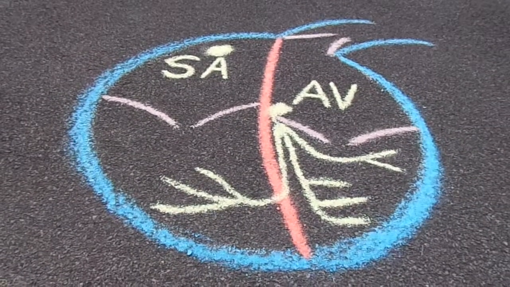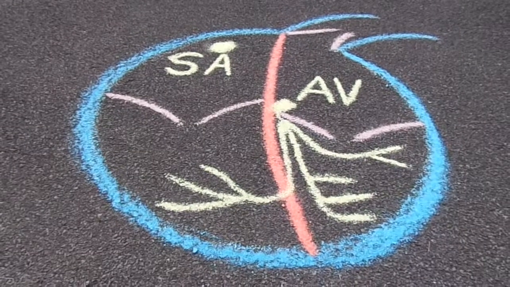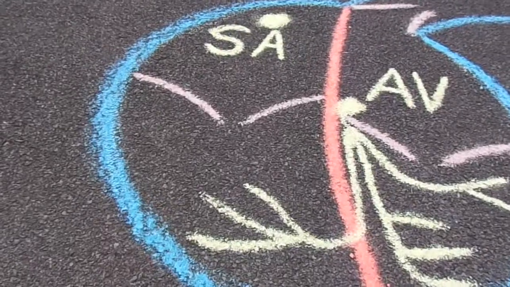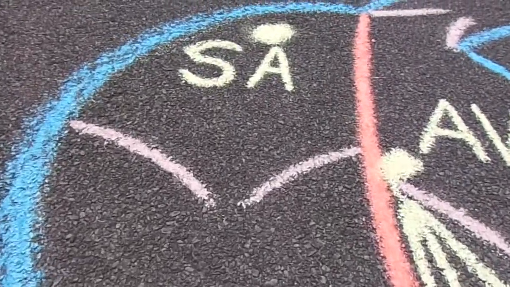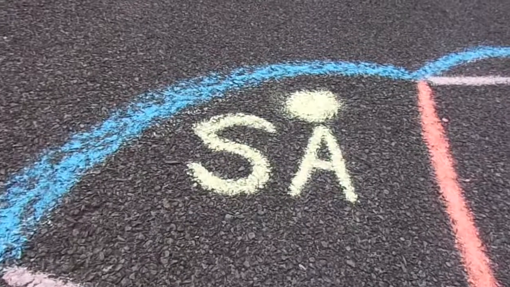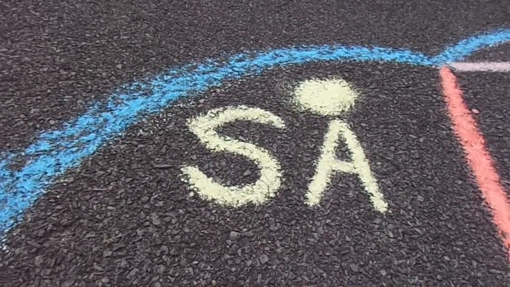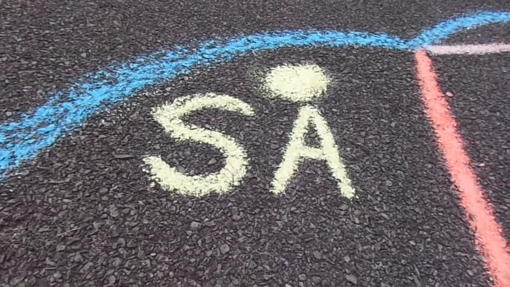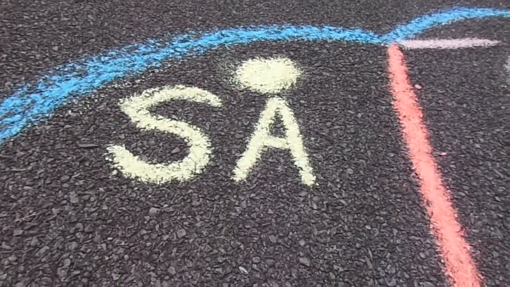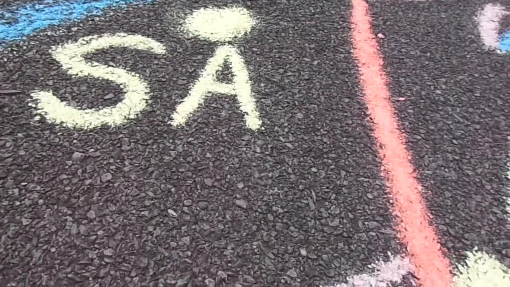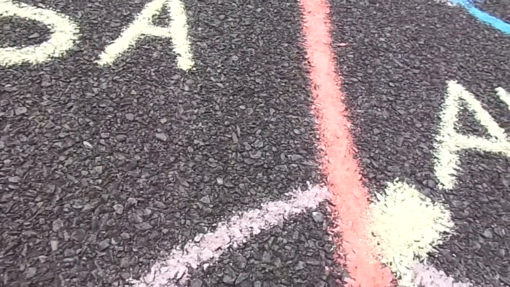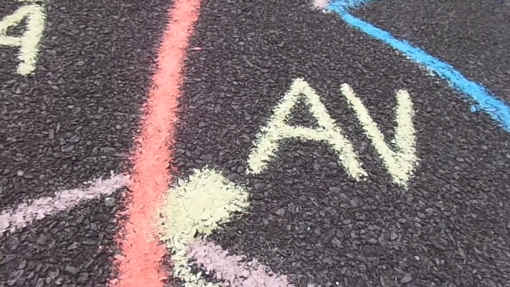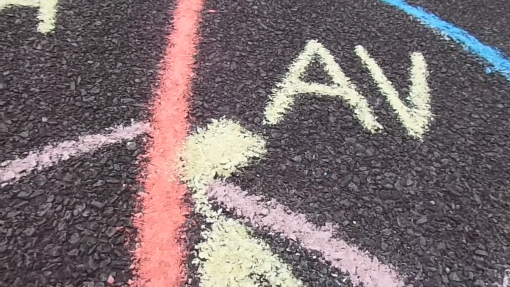Guide to the graphic. Here we have depicted the conduction system of the heart. Here we have the sinoatrial node, or the SA node, the pacemaker of the heart. Then the signal from here is conducted in a wave-like fashion down through the atria to the atrioventricular node, the AV node, then onward into the ventricles,